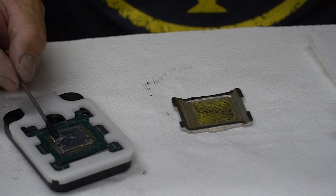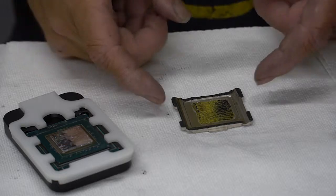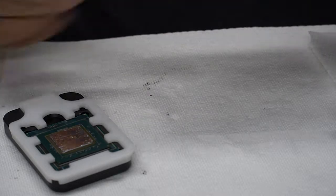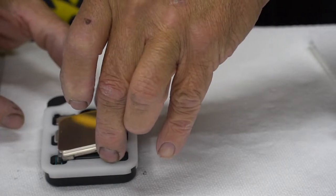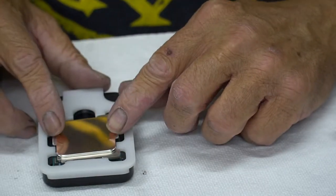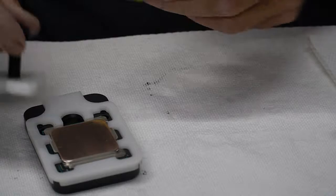So I'm just wiping it through. I'm going to lay the die in position now, or the heat spreader in position. I have put my jig on here so that this thing should fall right into place. Right there is exactly where it needs to go. And I'm going to put my